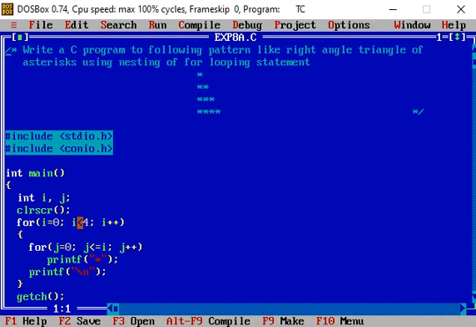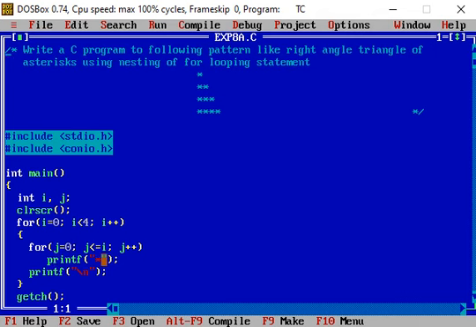And initially when the condition is true, for example, for I equal to 0, the condition is true, then the body of the for loop is executed. Inside the body of the for loop is the inner for loop, in which the value of j is initialized to 0.